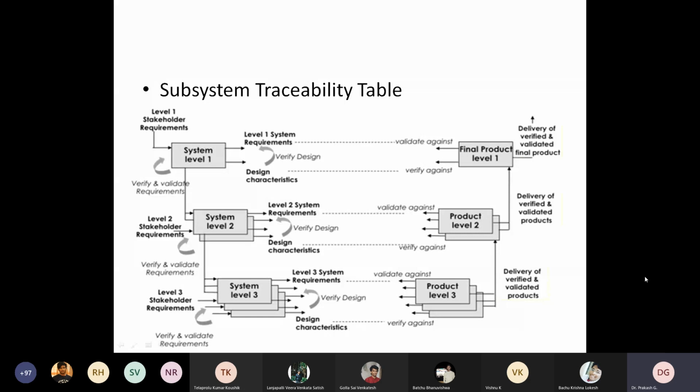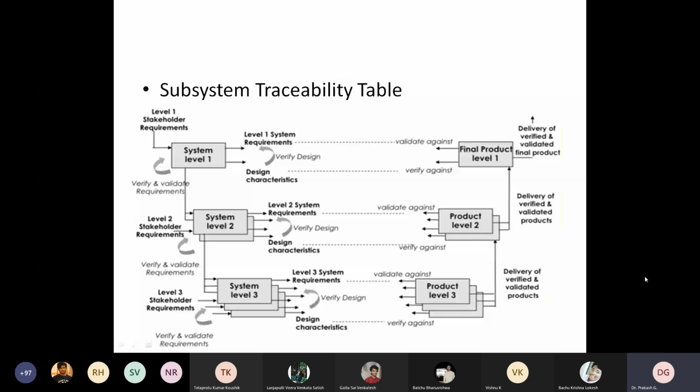Whatever systems and subsystems you use, we have to collect the requirements accordingly. Each subsystem may have different stakeholders with different inputs, and the design also varies. So both for stakeholders and for the system, the requirements have to be collected for each level of the system.